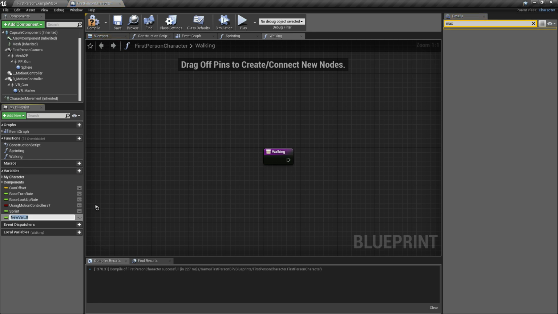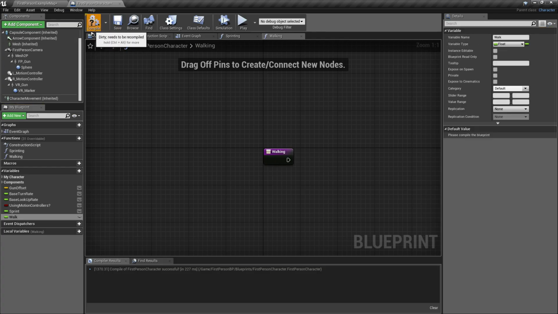So let's create another variable. Let's name this one walk. So our walk is equal to 600, the max walk speed, and the sprint should be maybe times 2 the value of the max walk speed. So let's put 1200 as the sprint value.